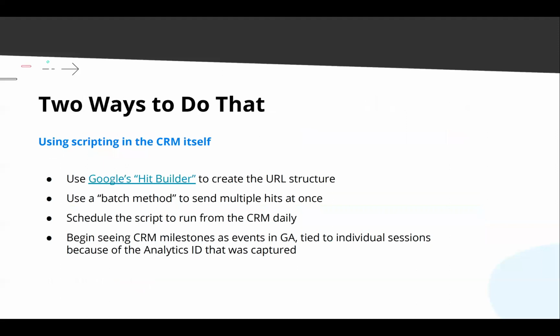That is why Google has built a way to do it in batches. So you can actually manually build what that URL looks like with where your client ID is coming from, what you want to call the events, what your analytics ID is, all of that, and script it into your CRM so that every night it takes any prospects that have changed milestones or done whatever you want them to do. And if they have a client ID, it fires it back in a big batch every night to Google Analytics